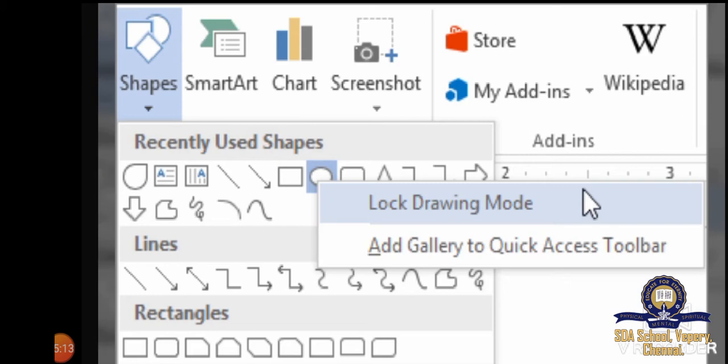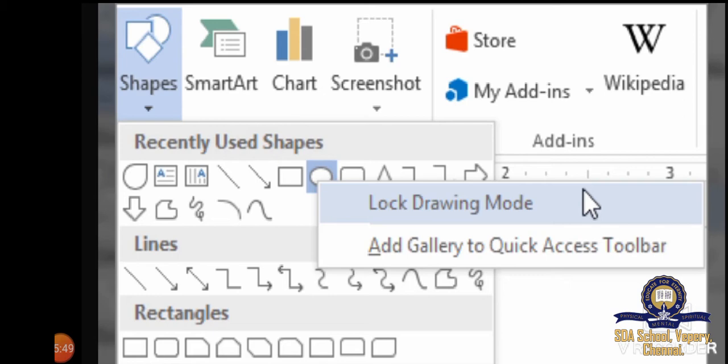Different kinds of shapes are given for you. You no need to worry at all. You no need to draw on your own. Already the shapes have loaded in your system. So you only have to go to the gallery and select the shapes, click on that, whichever shapes you want, and the list of shapes will appear. Then choose the required shape and click and drag on the worksheet. The selected shape gets inserted on your worksheet.